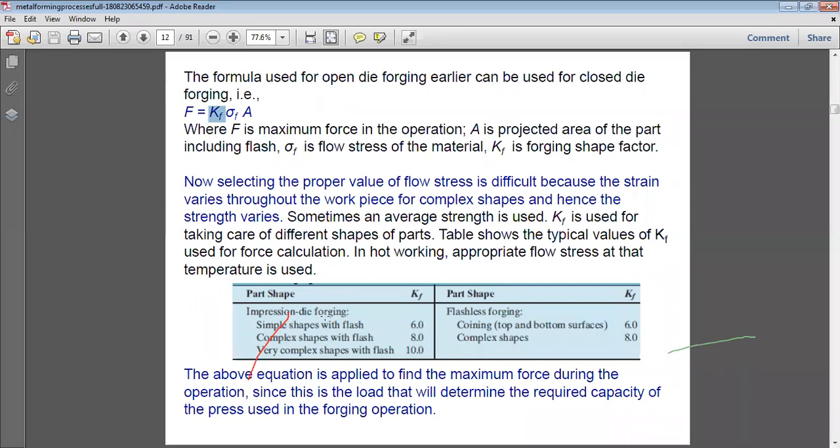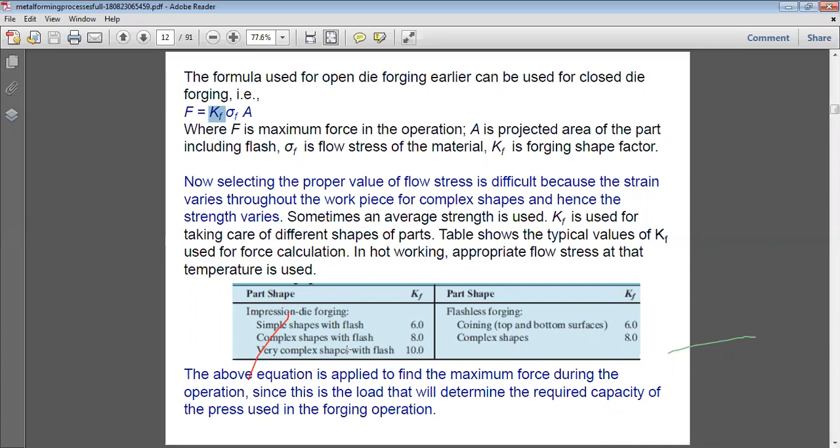In this case, C part shape impression die forging, and this is KF, that means your forging shape factor. So simple shapes with flash, that is 6. Complex shapes with flash is 8. Very complex shapes with flash is 10 in this case. So what it says, for the part with simple shapes it is 6. If we go for a complex one then 8, and for very complex shapes 10, but remember all three